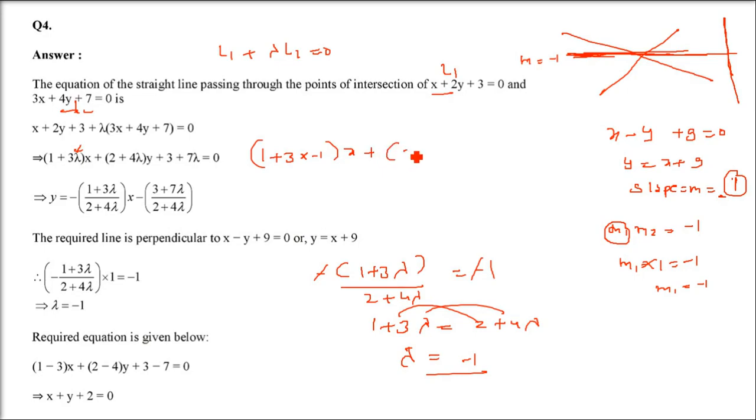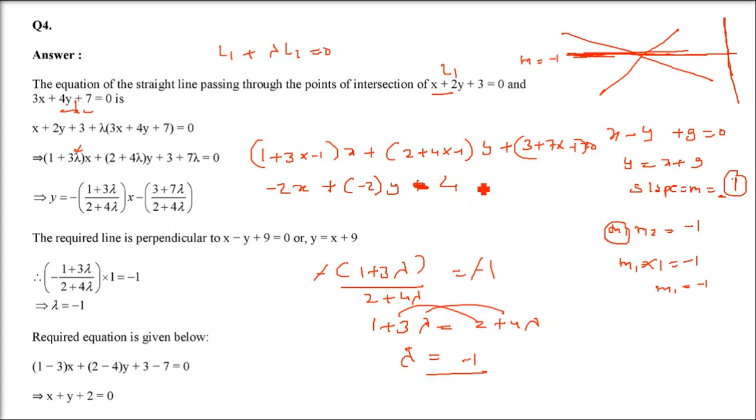And then you have 2 plus 4 into minus 1, y plus 3 into 7 into minus 1 equals 0. So I'm putting minus 1 here. So to get 1 minus 3 is minus 2x plus 2 minus 4, that is minus 2, and minus 2y plus 3 minus 7 minus 4. So minus 4 you will get